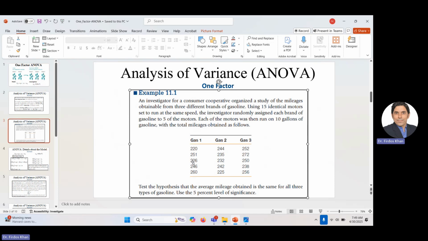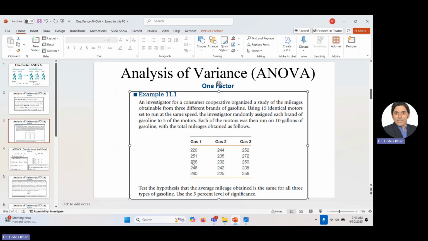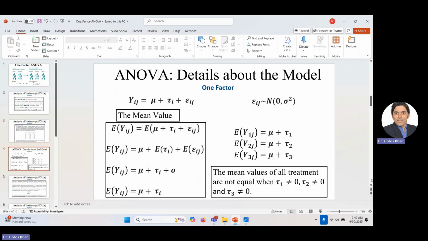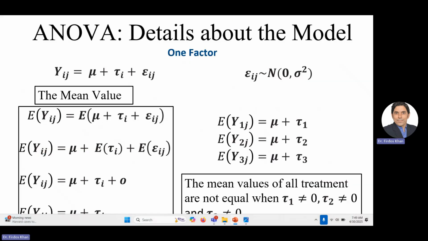Now let's go to the model, which is the important part of today's lecture. In fact, that's this one. So what we do actually, we test the hypothesis whether